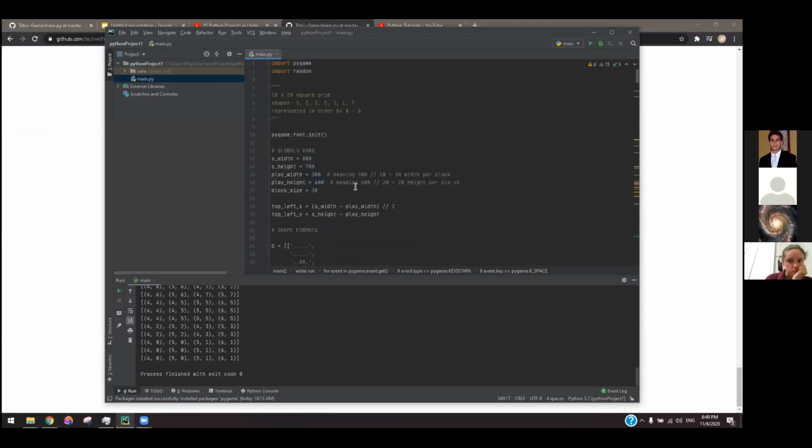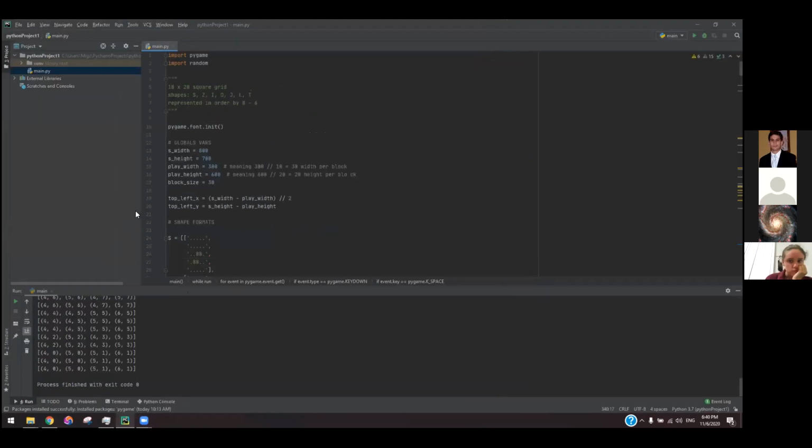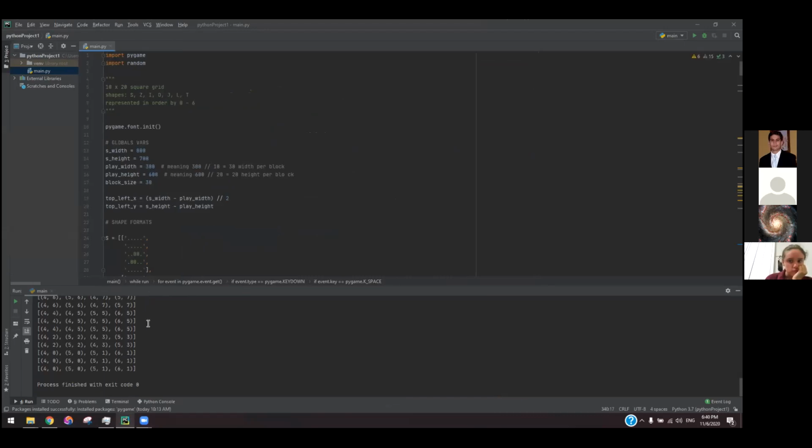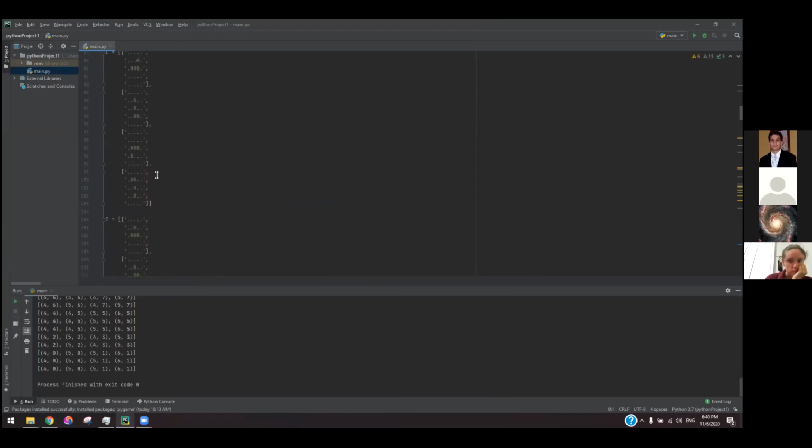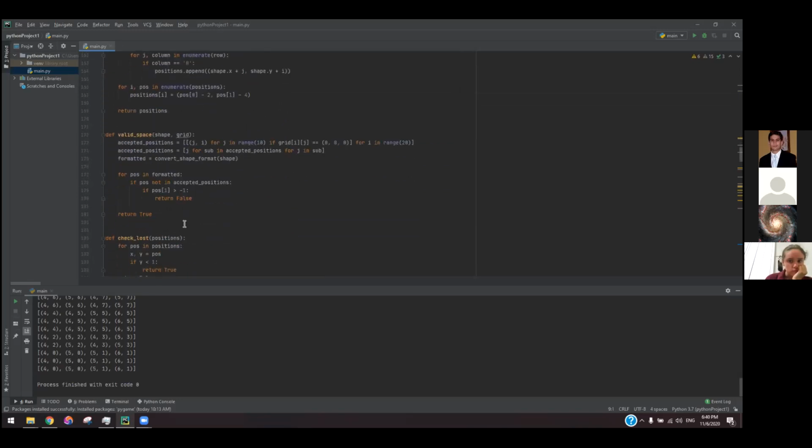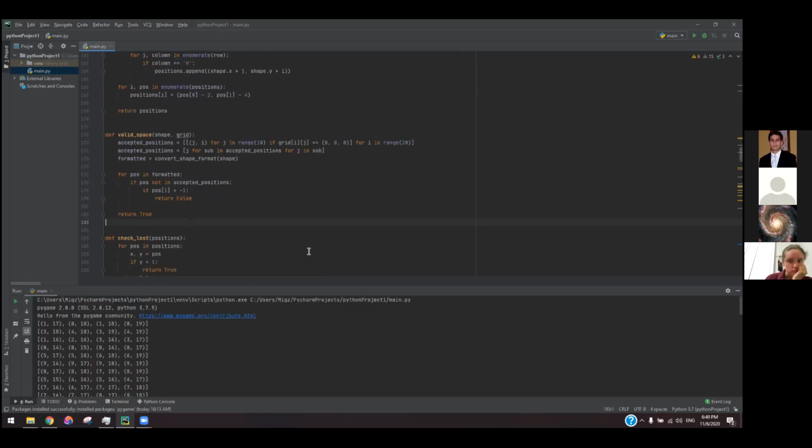And so this IDE is gonna remind you how to do your indentation. It's gonna remind you of all these little things, right? It's gonna help you. So always read the errors, right?